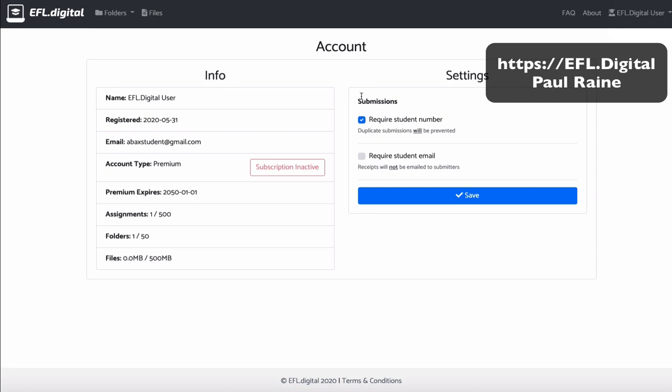Okay, so here I am in my account settings menu. This is accessed by clicking on my name and clicking on account. And here I can choose whether to require a student number or not, and whether also to require a student email. This feature, by the way, is a premium feature, but if you subscribe for a premium account, you will be able to email students a receipt of their submissions automatically after they submit. I'm going to leave that unchecked for now, and I'm going to leave this one checked